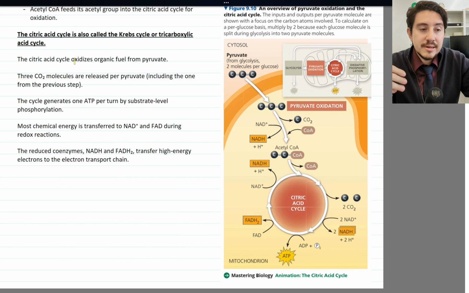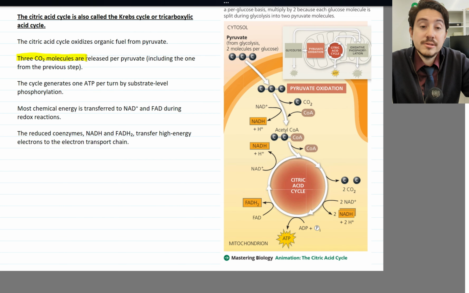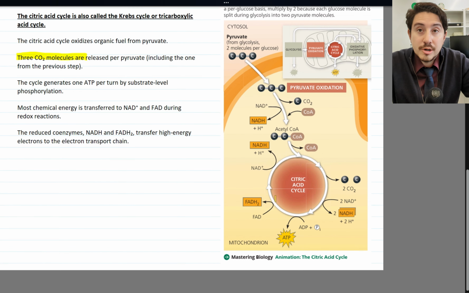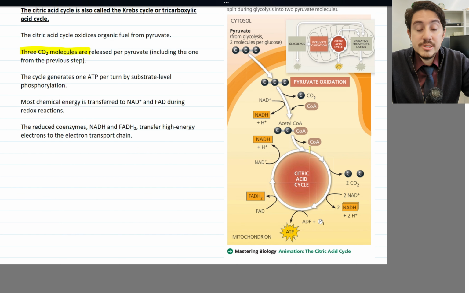What happens here? Again, there's further oxidation of this organic fuel from pyruvate and so forth. Here, in this case, you're going to have 3 carbon dioxide molecules being released from the pyruvate, including the acetyl-CoA in total. So literally in the citric acid cycle, you're going to have 2 carbon dioxides. What is happening here is that you're getting intermediate molecules that are coming along and attaching to this acetyl-CoA,